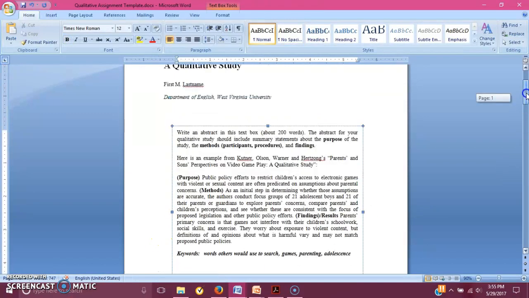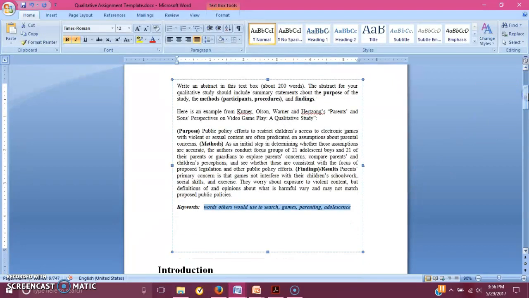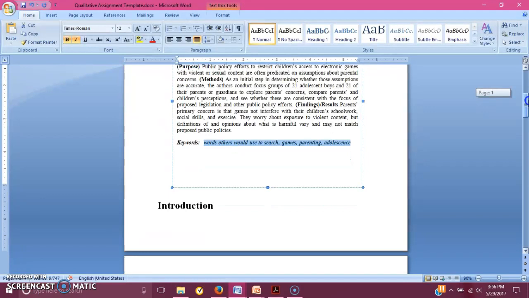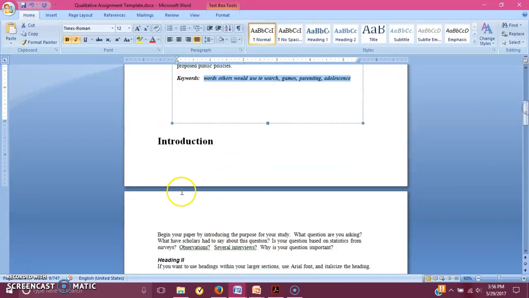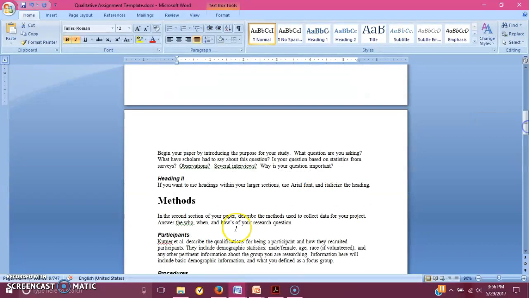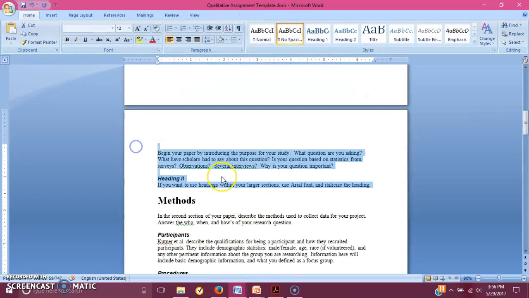The things that you keep here are, obviously you cut all of this, and then you keep the words purpose, methods, findings/results, you keep them bolded and as they are. Keywords you keep italicized and bolded, and then you add what other words you are going to use here. So that's kind of like search terms that you would need to use if someone else was searching for your study. Introduction, you don't need to have a heading section, so you can just delete all this, but